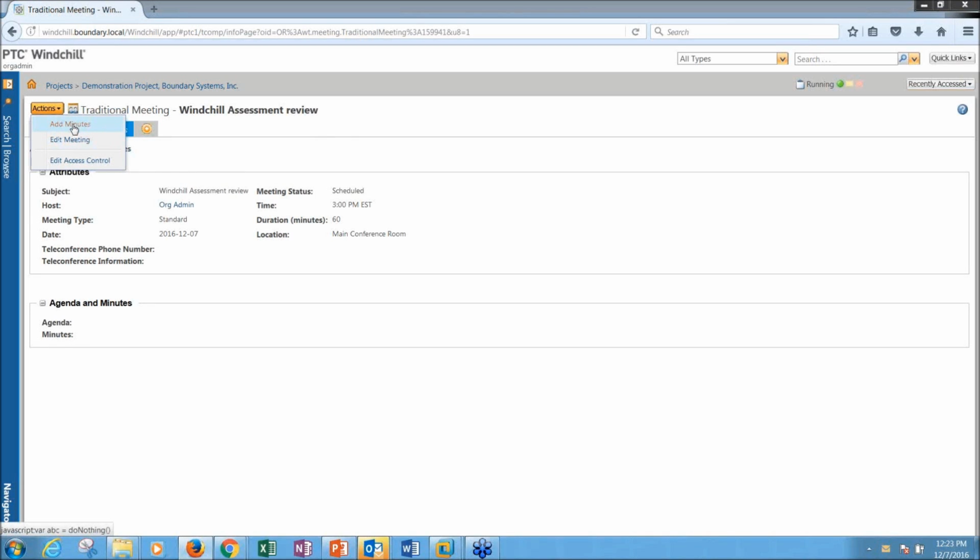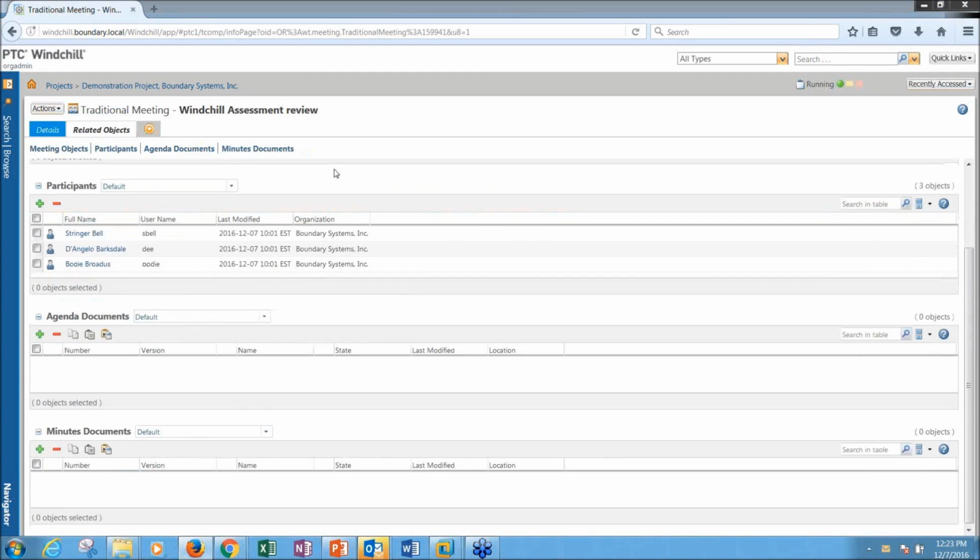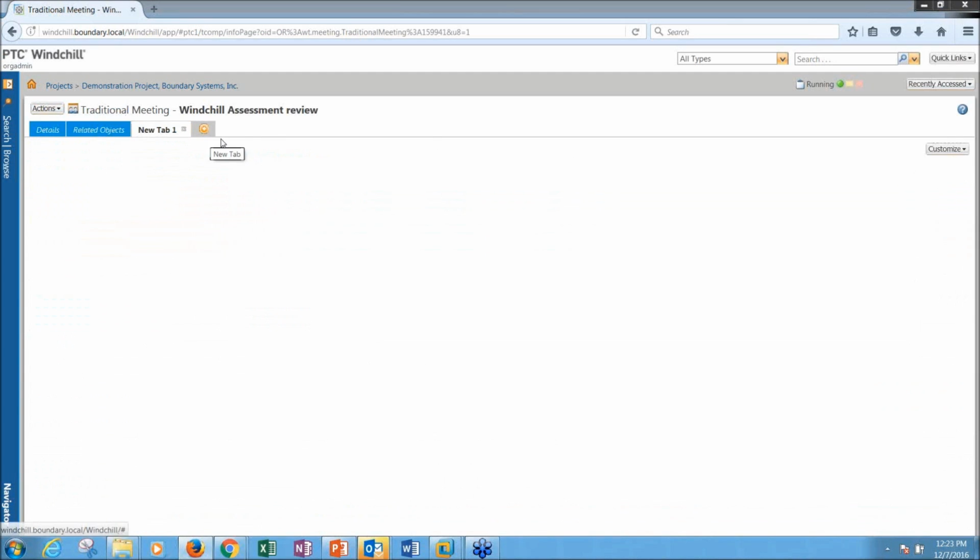I can add minutes, so if somebody's taking notes, I can add the minutes into Windchill. We're going to have a historical record of that. It's not just getting emailed out and then everybody has to search to try to find where those meeting minutes are, what did we do during this? And then when I come in here,